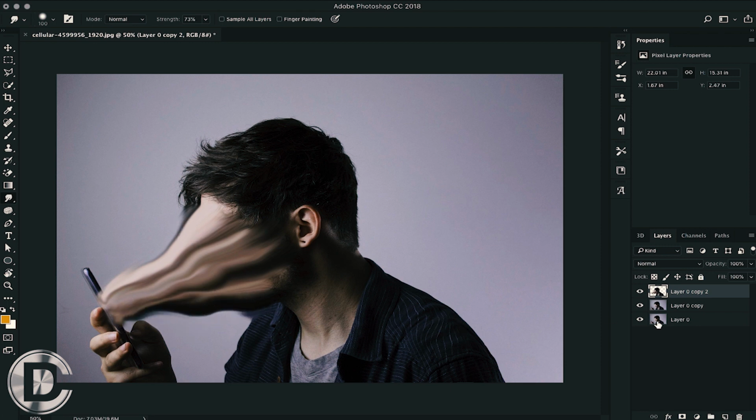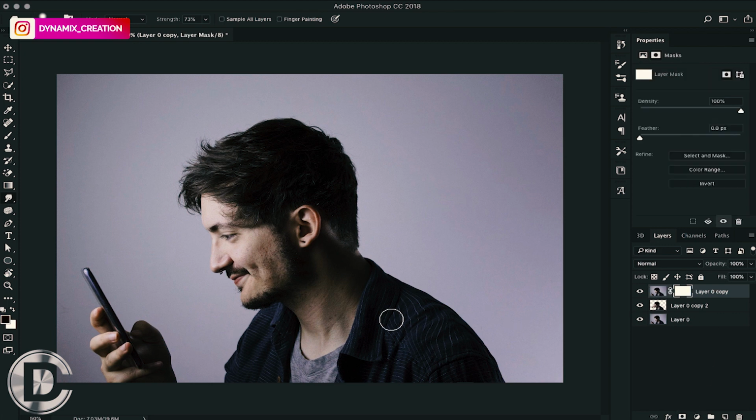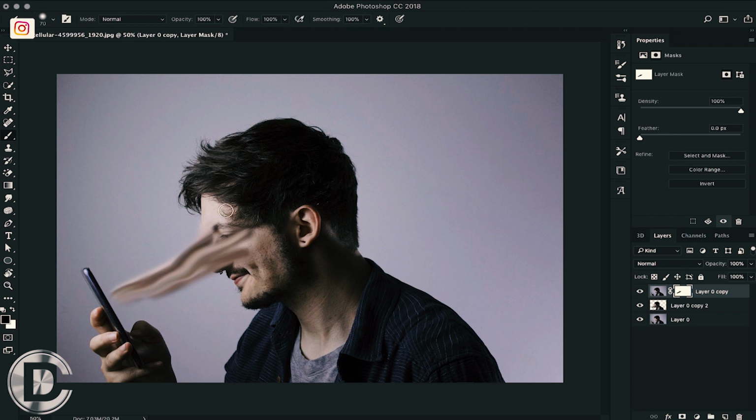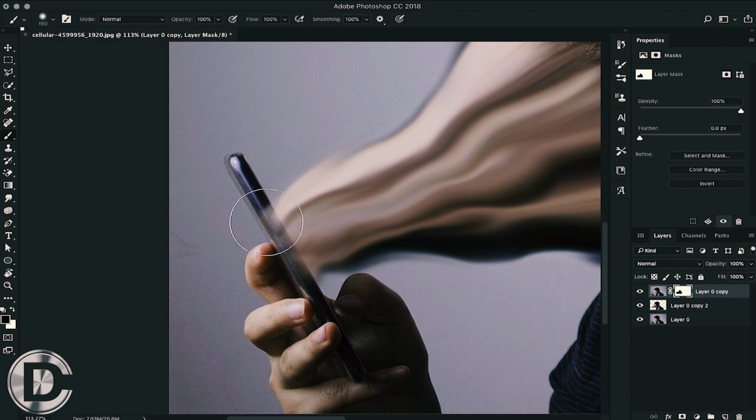So after using my smudge tool perfectly, I am gonna set this layer between the two perfectly shaped images. I am masking the above layer so that only the portion which I want will be visible in this layer. So I am hiding my smudge layer over this phone here.